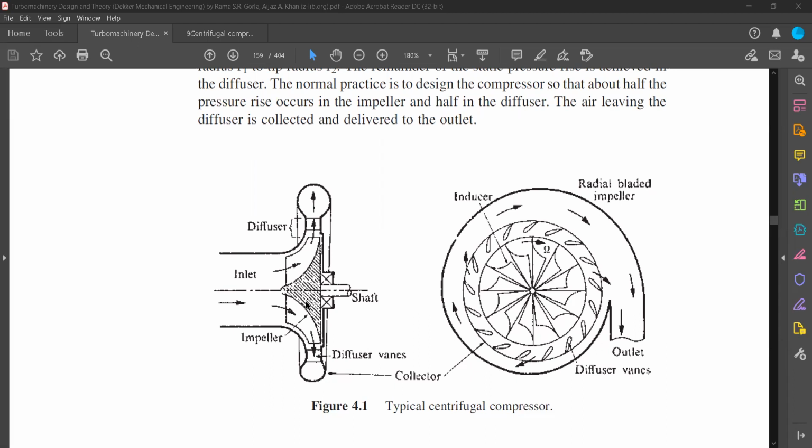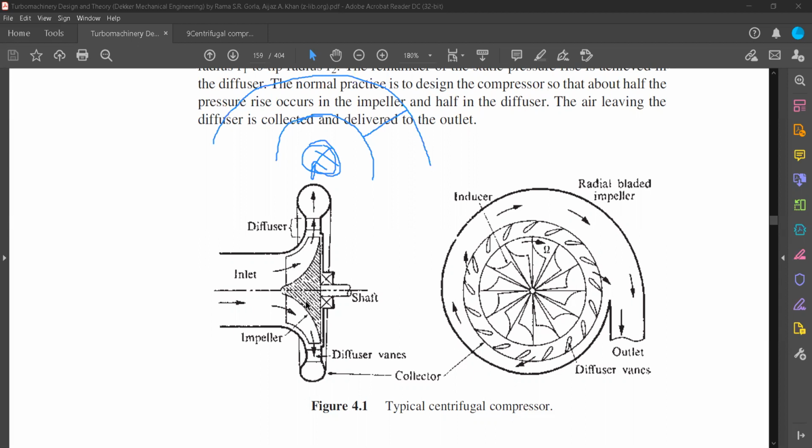In a centrifugal compressor, there can be three different types of blades: backward blades, radial blades, and forward-facing blades. What's the difference? Let's assume this is the internal and this is the external, and let's assume they are rotating in this direction. From here to here, let's assume this is perpendicular to both of the circles. This is the inner circle and that is the outer circle. The fluid is going to enter from here at the center, and it is going to leave radially outwards.